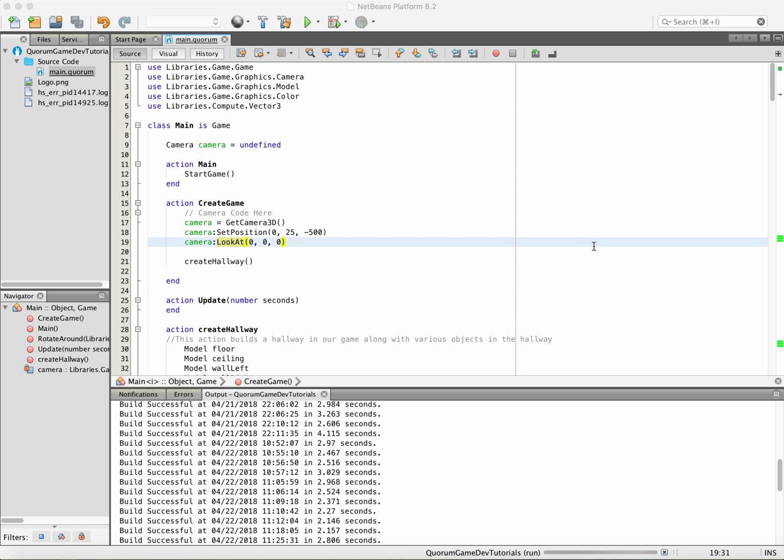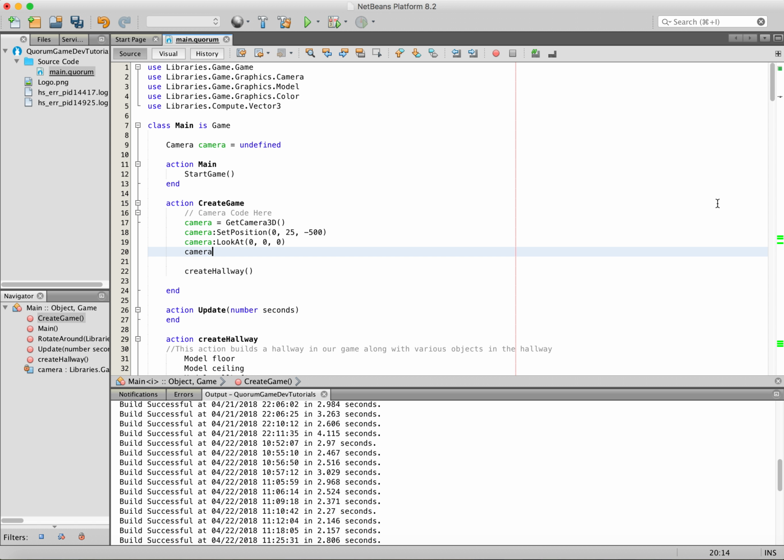All right. So now what we need to do is set a far and a near. Now, what is far and near? Well, when you call the set far method or action with the camera, what that will do is say how far we want the camera to render something. And then the set near action will say how close we want to render things. So, camera